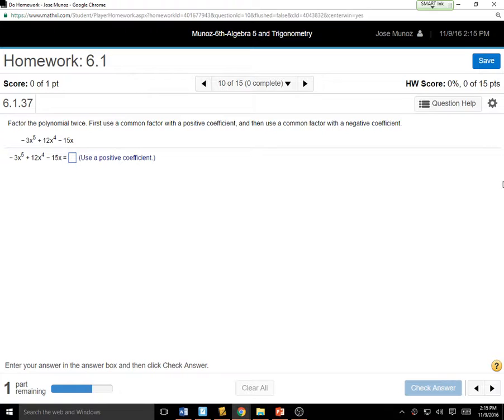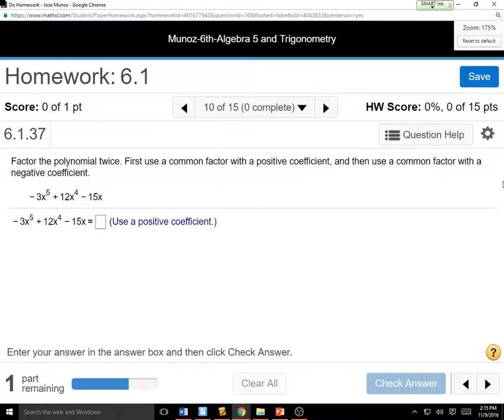Factor the polynomial twice. First, use the common factor. So let's take out the common factor. Can we see that okay? I'm going to zoom in. Okay, that's better. So let's take out the common factor first. They all have a negative 3 in common, correct? And they also have an x in common. So this is going to become x to the 4th plus